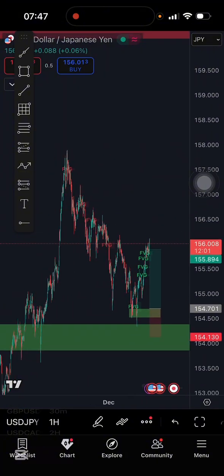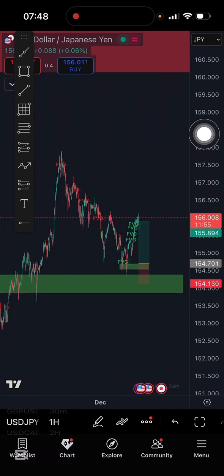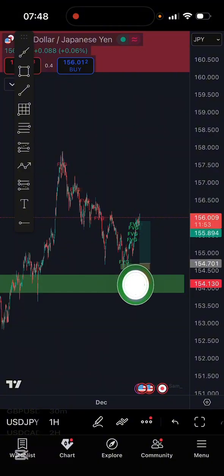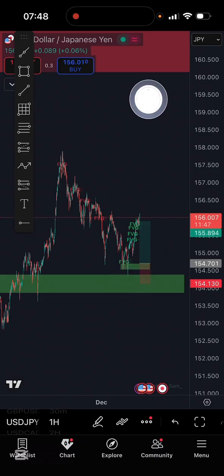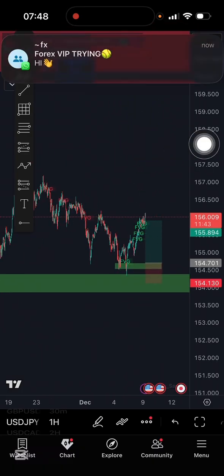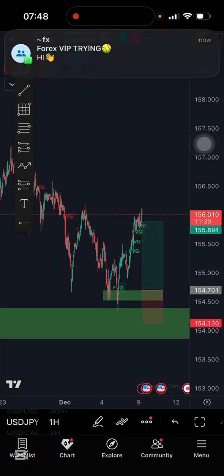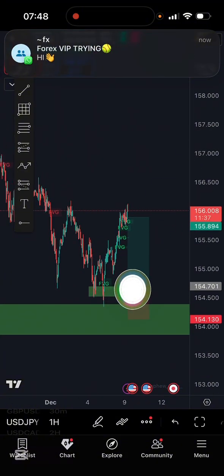Okay, so as you can see, this is higher highs, higher lows, higher highs, higher lows. We are expecting the market to form another higher high. Before the market forms another higher high, it's likely the price might still come back to this